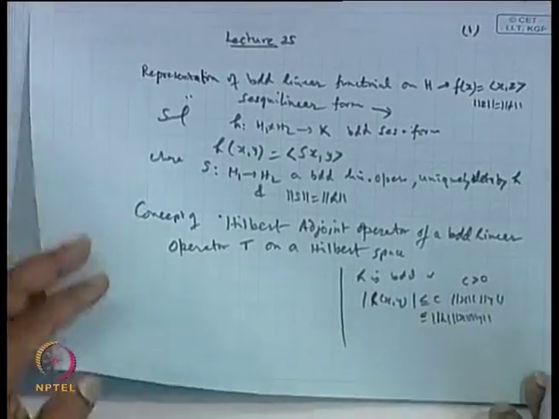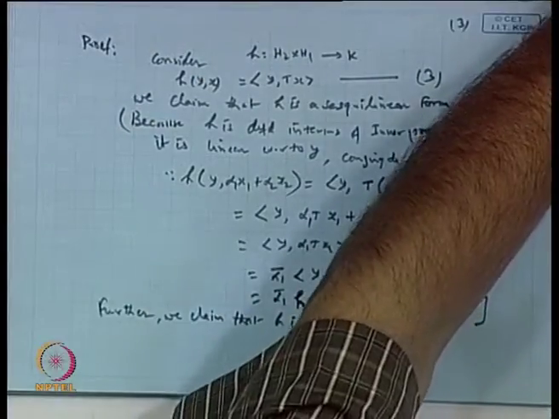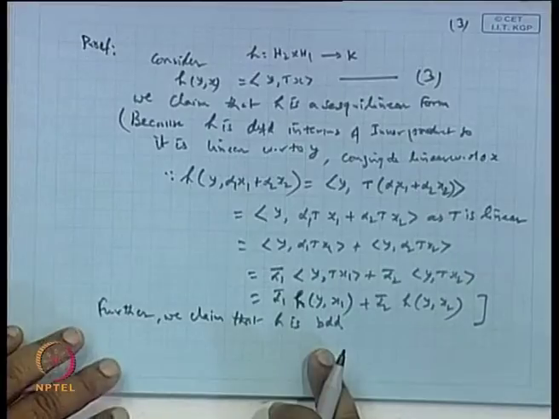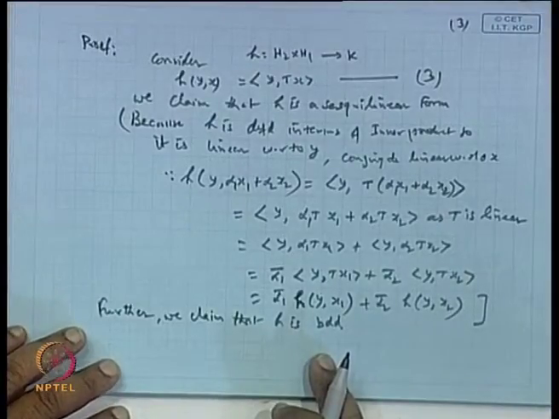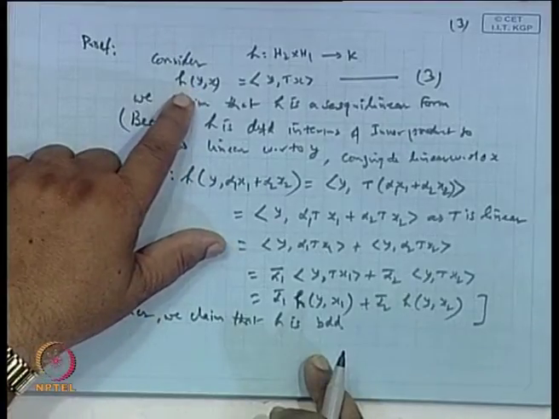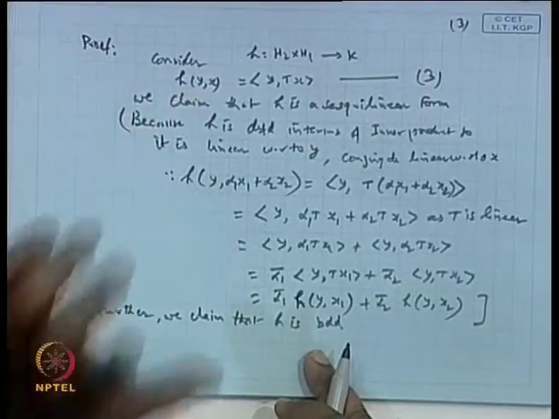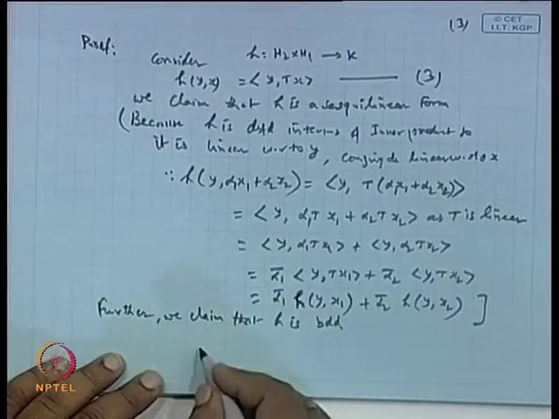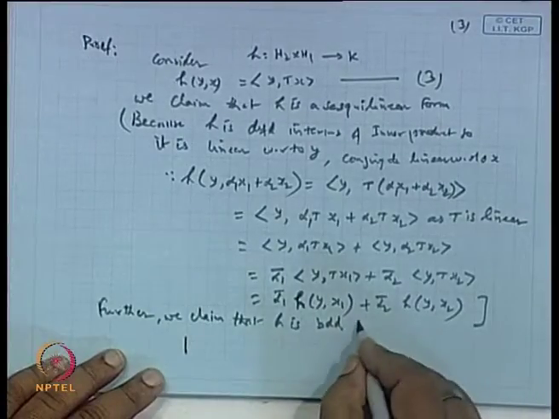Is it not? So, using this thing we can say to find out the boundedness, let us take the mod of h(x, y), okay, and then prove that this is less than or equal to constant times norm x into norm y. So, what is the mod of